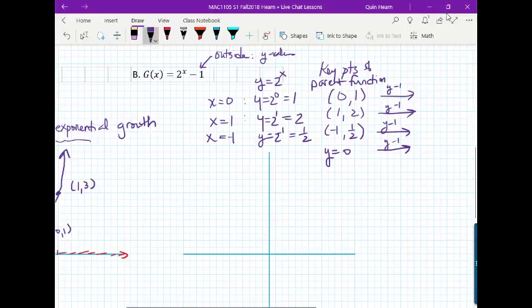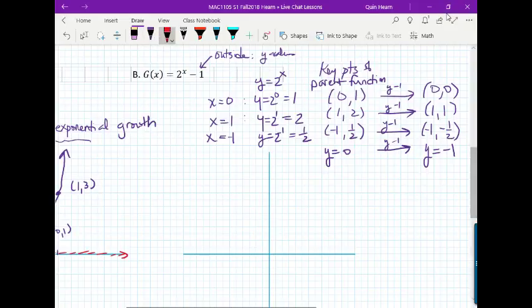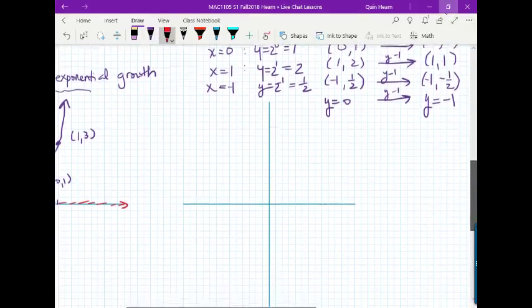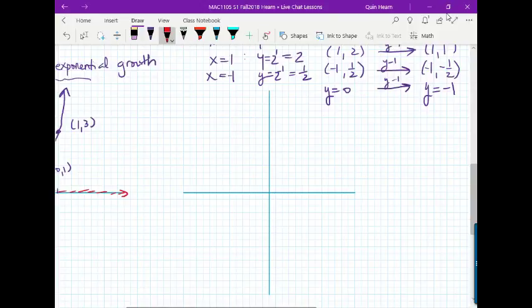All right, so subtracting 1 from 1, that gives us 0, 0. Subtracting 1 from 2, we get 1, 1. Subtracting 1 from 1/2, we're going to get -1/2. And subtracting 1 from y equals 0, we get y equals -1. So you can see the asymptote was affected by a vertical shift downward. All right, we're going to plot then